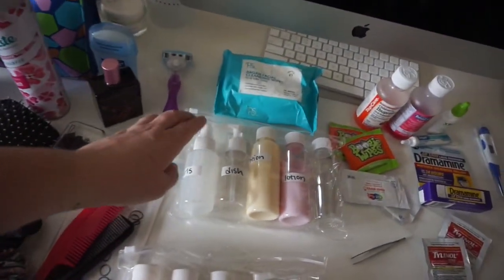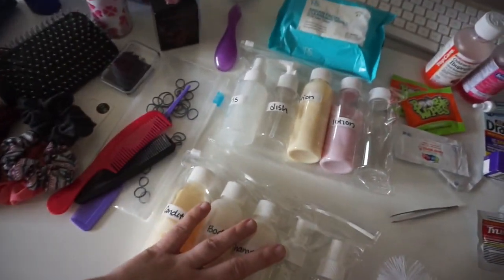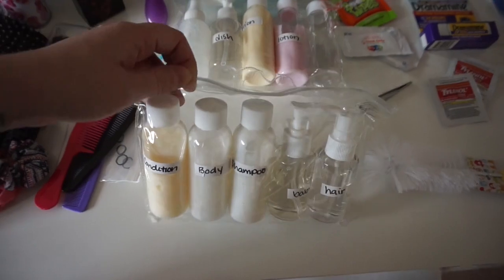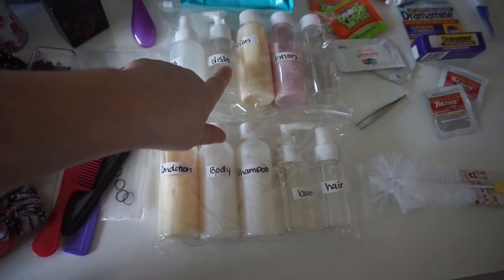And then I have my razor, some face wipes, and then these are our liquids, our toiletries. I got these containers at Poundland, and they were so awesome for £1. And they came in the little waterproof bag, too. So I have, this is curl spray for Evelyn, just soap for her bottles,